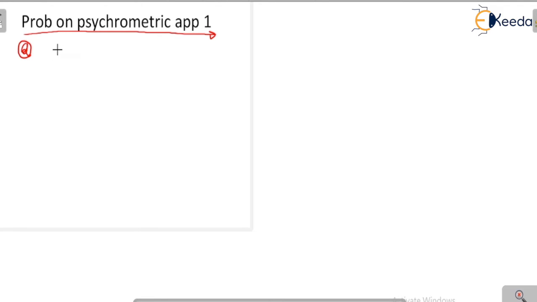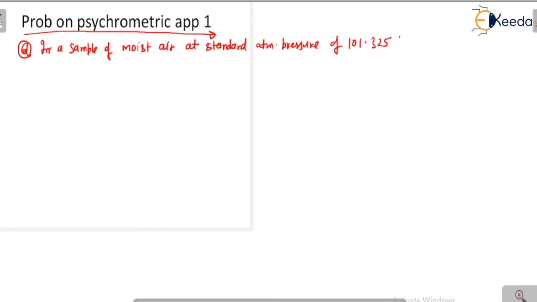In a sample of moist air at standard atmospheric pressure of 101.325 kilopascal and 26 degrees centigrade,